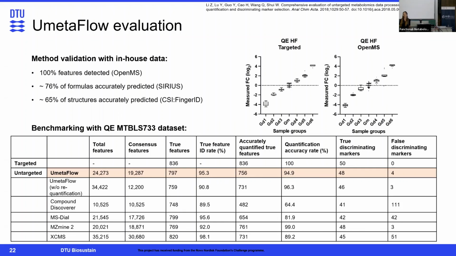Another question, if I want to apply this, how dependent is it? Some of these new tools like Sirius say you have to have really high resolution data. How is this with your workflow? How important is it? How relevant is it? Of course, the better the resolution, the better your results will be, but have you looked into that? Sirius depends, of course, on MS1 data, mass accuracy, but also the fragmentation data, so it would predict formulas and structures dependent on that. But I haven't really checked with, so you have to have high resolution, you're right.